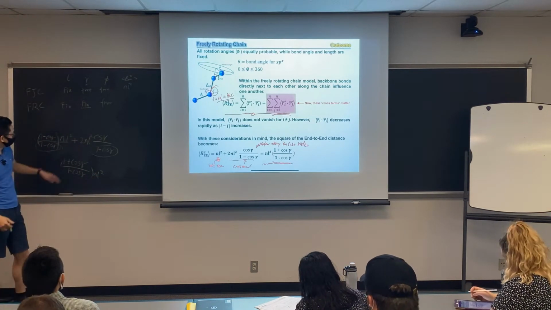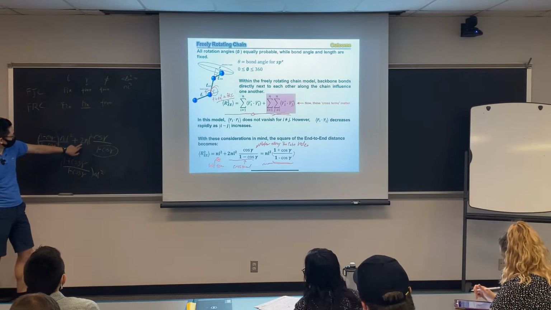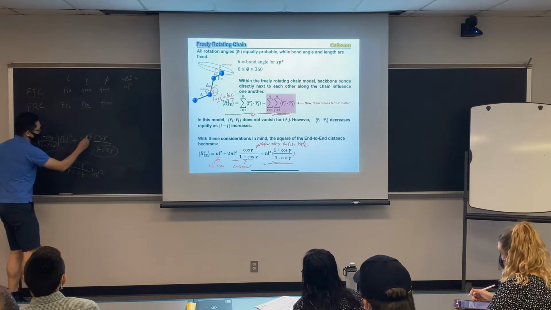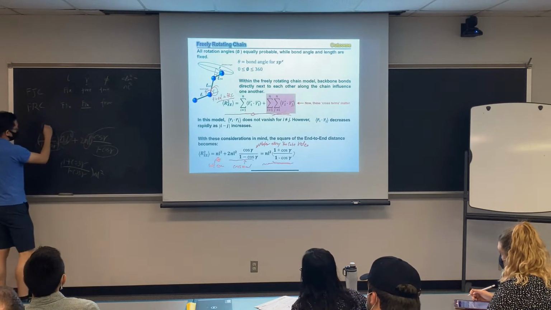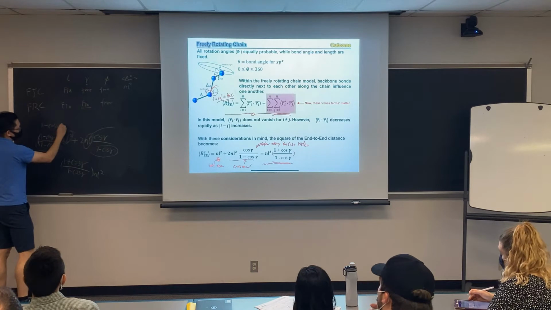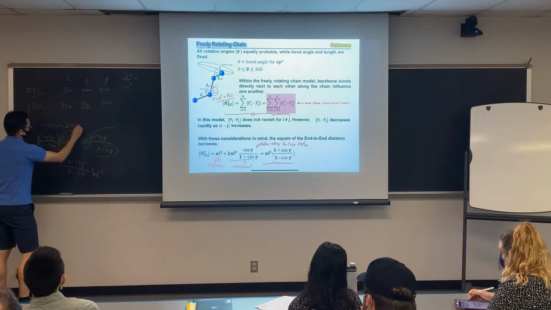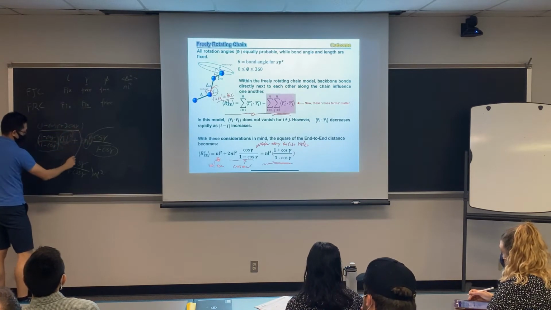Okay? Why? Because this is a 2. You can pull this out. NL squared, this is a common term. So you become 1 minus cosine beta plus 2 cosine. This will become